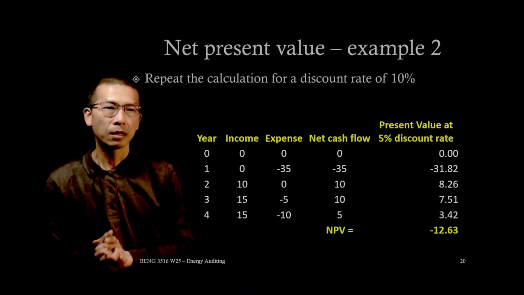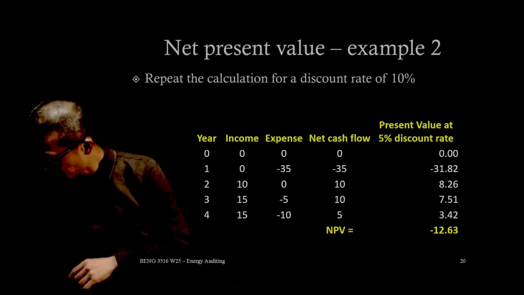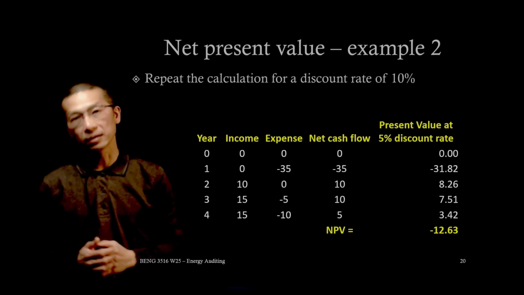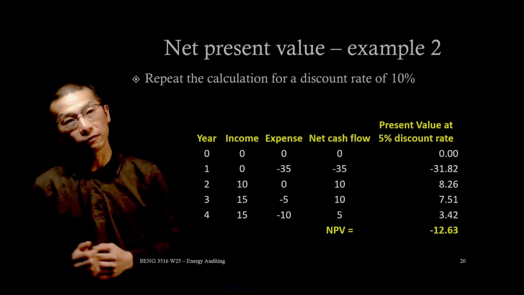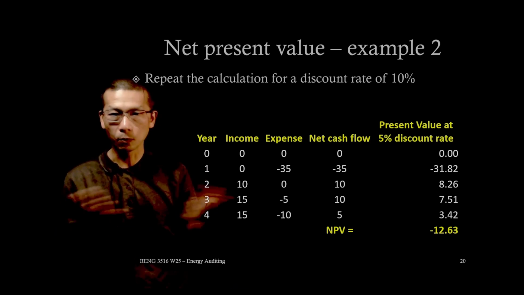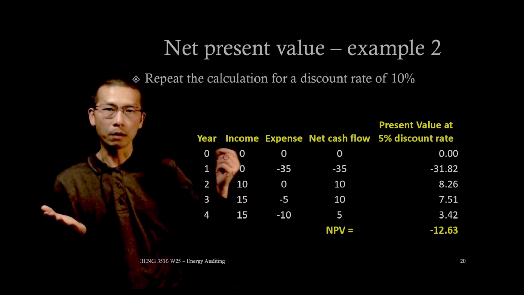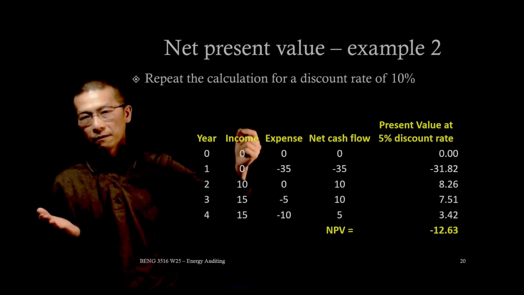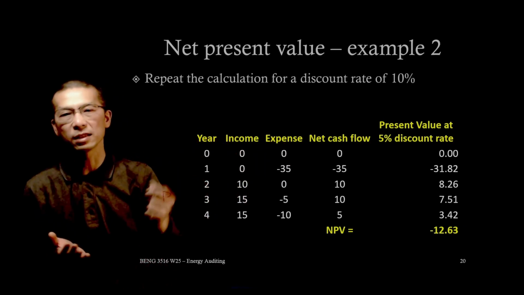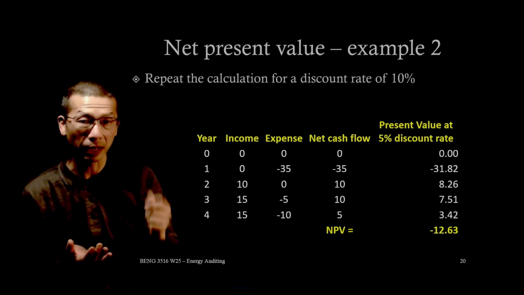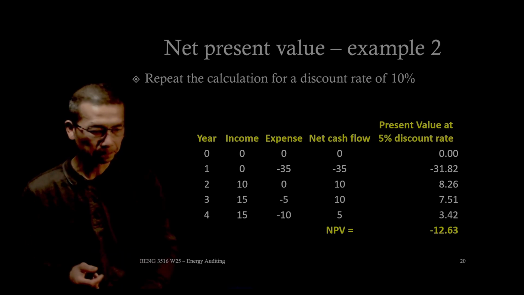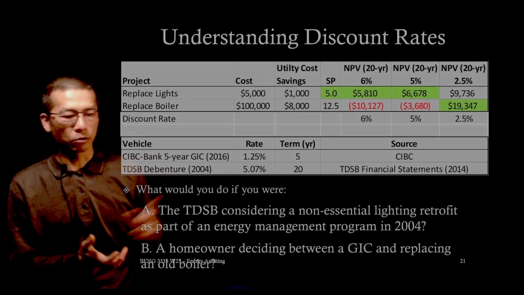So after you get that minus 12.63, compared to the 5% discount rate, minus 11.51, right? So it's about a little bit more than 1 unit of difference. What's happening? Well, we increase the discount rate from 5 to 10%. We are punishing the future savings, right? We are actually punishing the future savings with that extra 5% of rate. So here